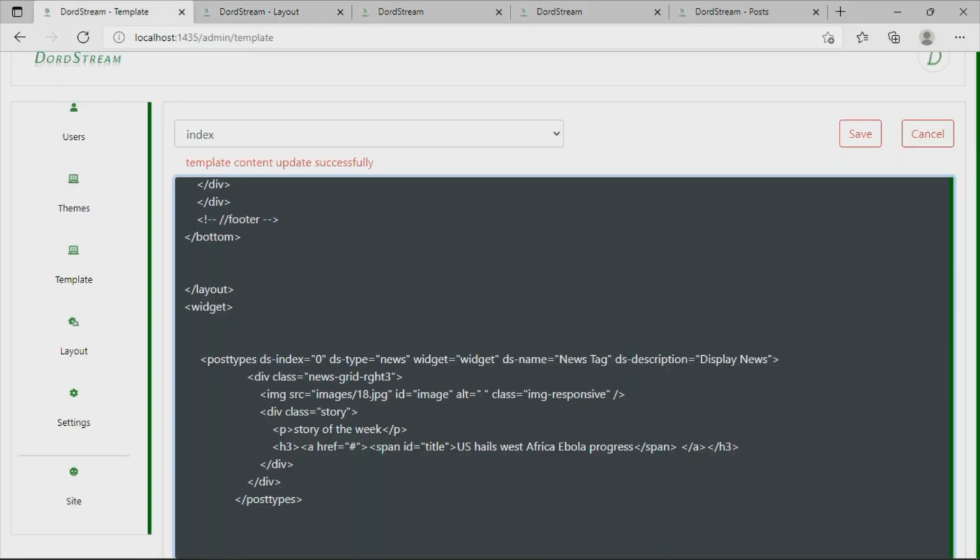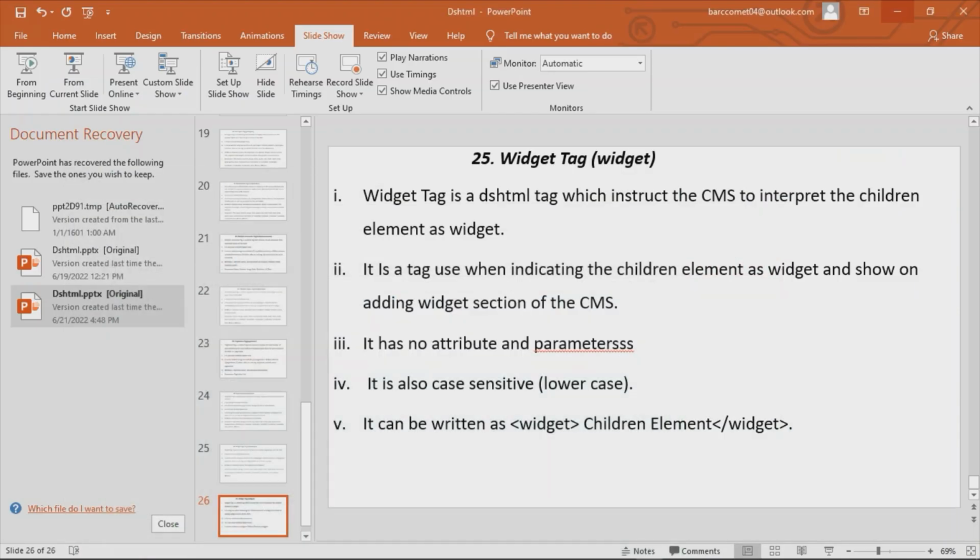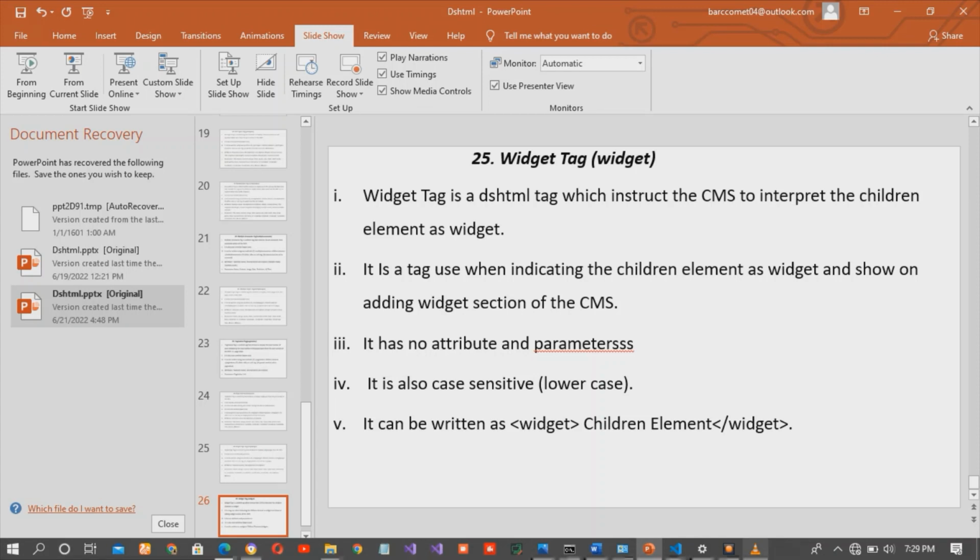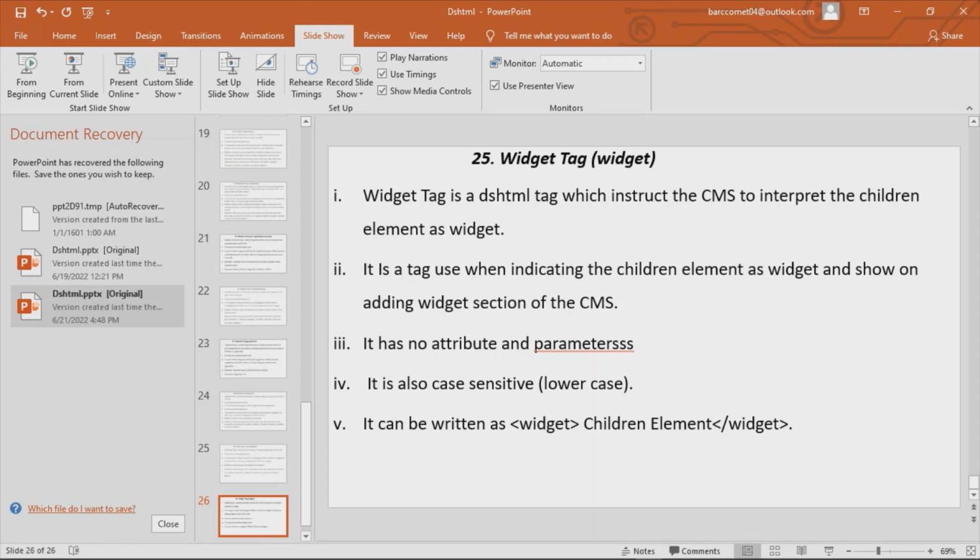As we can see now, it has added the news widget to the top section. That's the main function of the widget. We can also remove it: once we click on it, as you can see, we've removed it, and if we reload the page, we see that it's gone. That is the main function of the widget, and that is why we make use of widgets. To make use of widgets, let's assume we're going to have another tag that wants our client or our